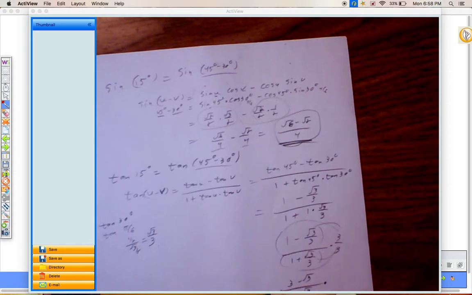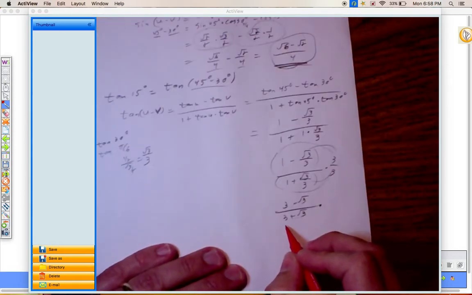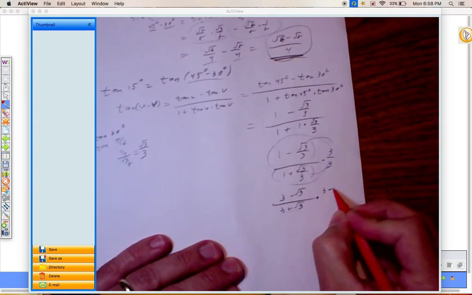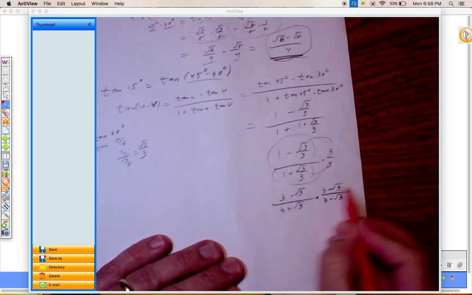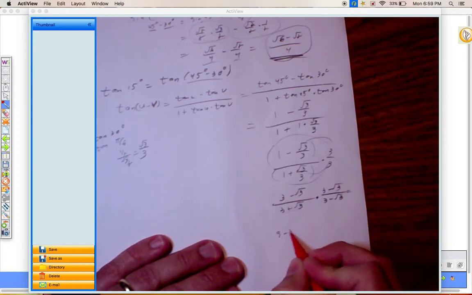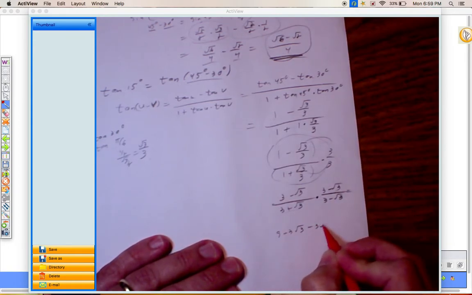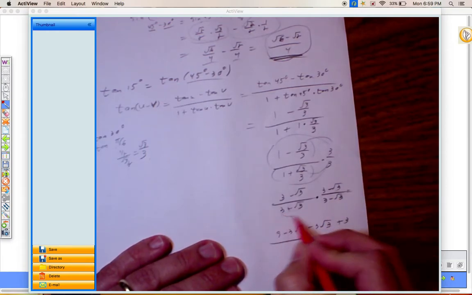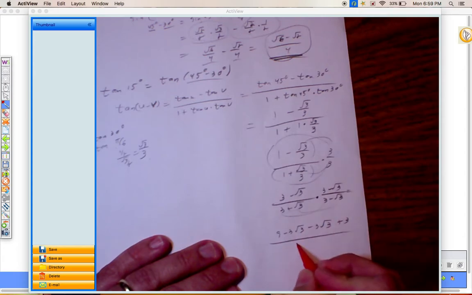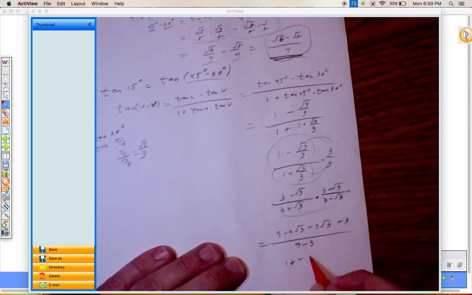Now, because I have a square root in my denominator, we're going to multiply by the conjugate. Multiply by 3 minus the square root of 3 over 3 minus the square root of 3. FOIL the top: 9 minus 3 square roots of 3 minus 3 square roots of 3 plus 3. I'm going to do my abbreviated FOIL on the bottom because it's a difference of squares: 9 minus 3. Which is 12 minus 6 square roots of 3, adding like terms,